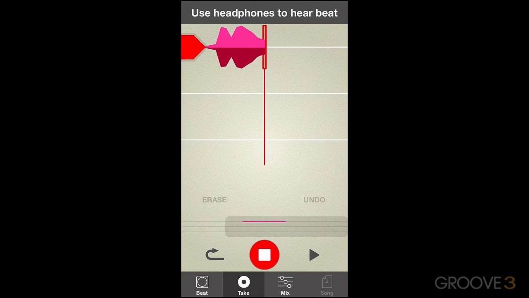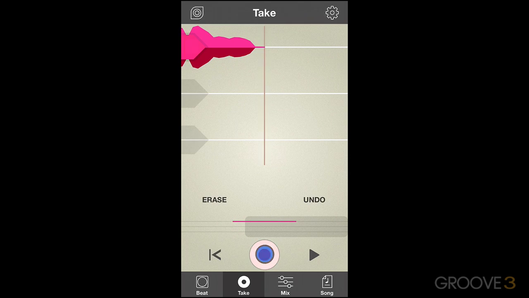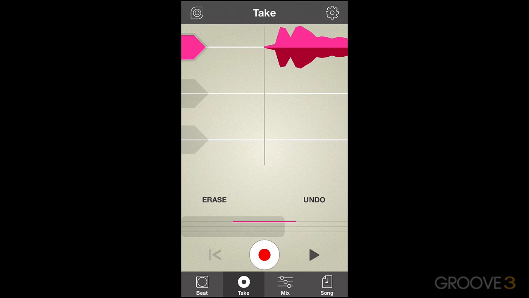When we're done, tapping the record button stops the process. The jump button reverts us to the position where we started the recording. The jump button will always jump us back to the last position at which we started the recording or playback